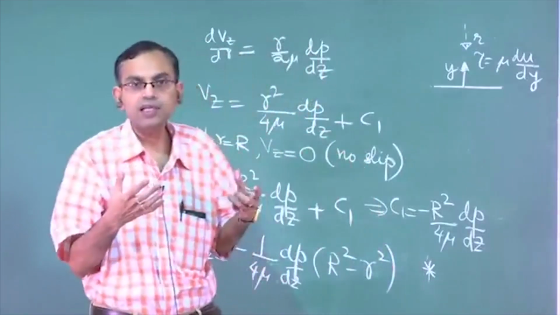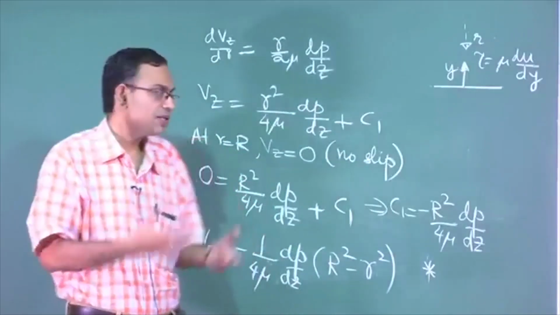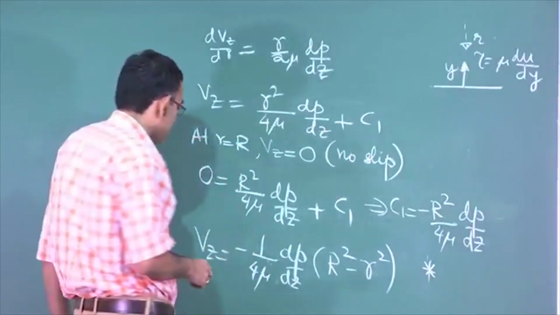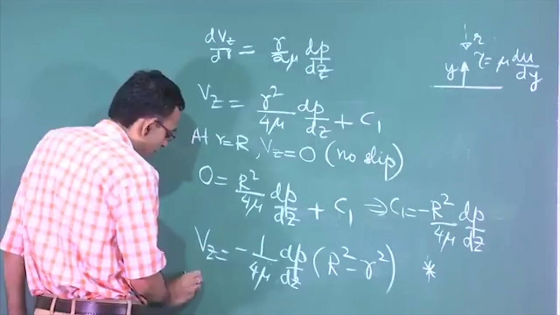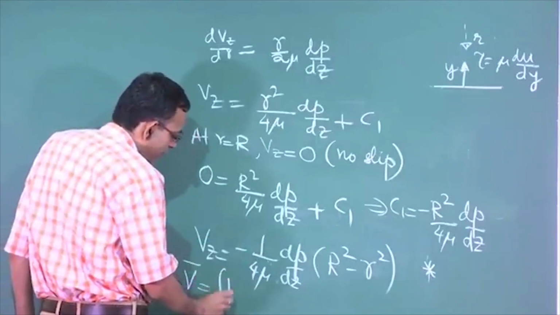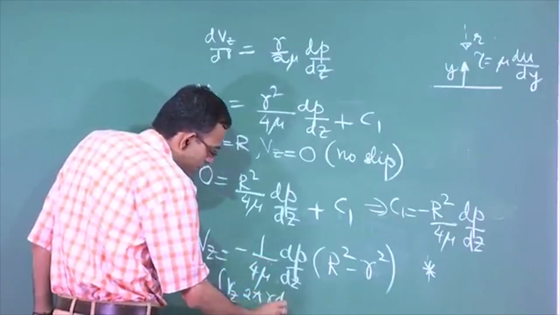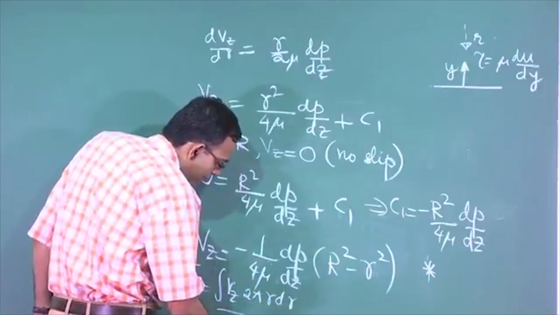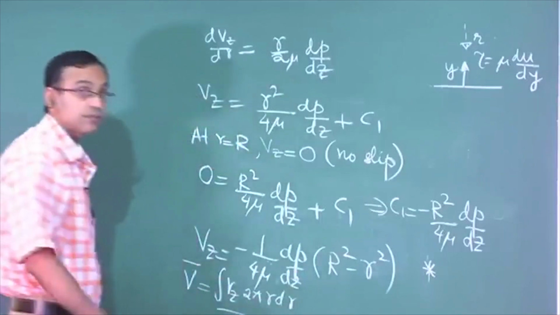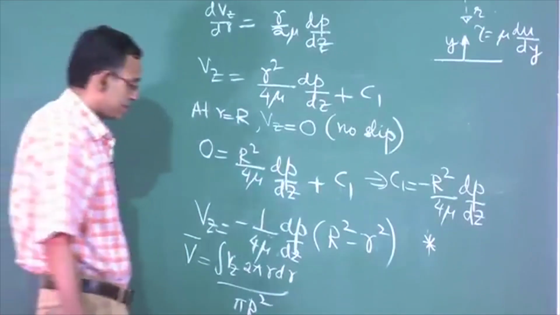So average velocity is an experimentally obtainable parameter, and that is why instead of this you can express the same in terms of the average velocity. Average velocity is the flow rate divided by the area of cross section. Okay. So, this becomes